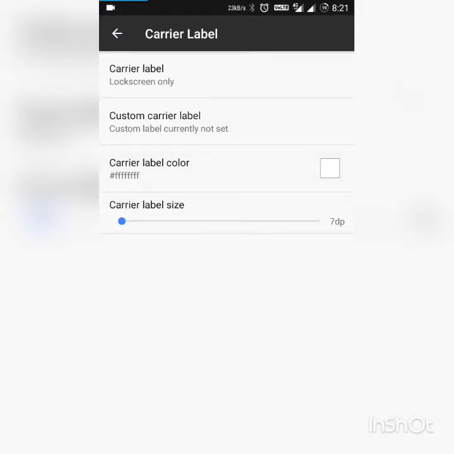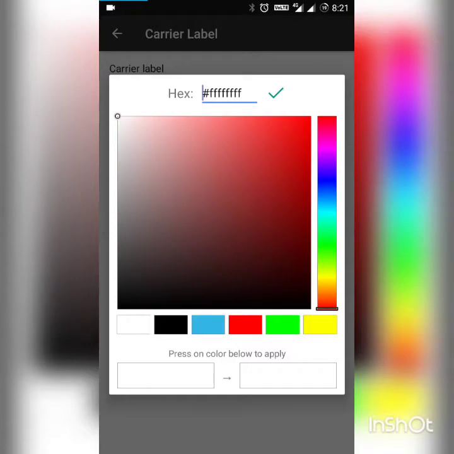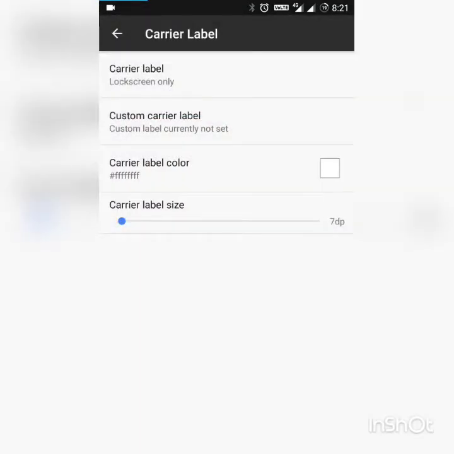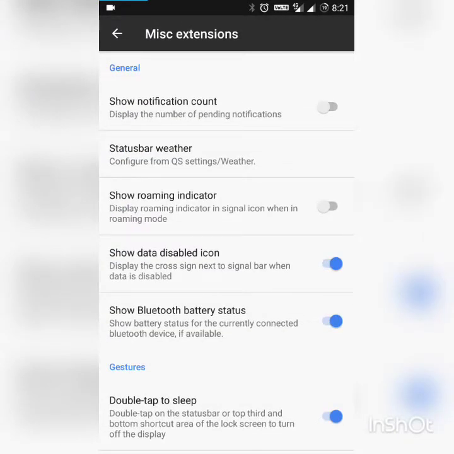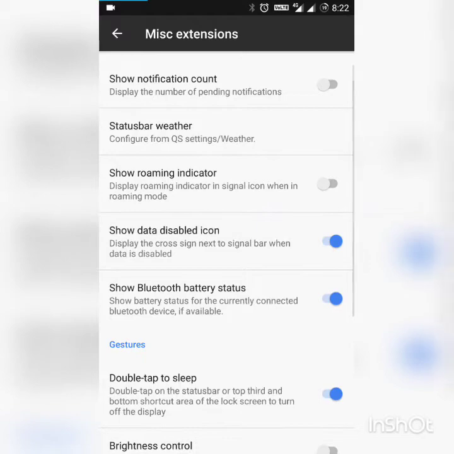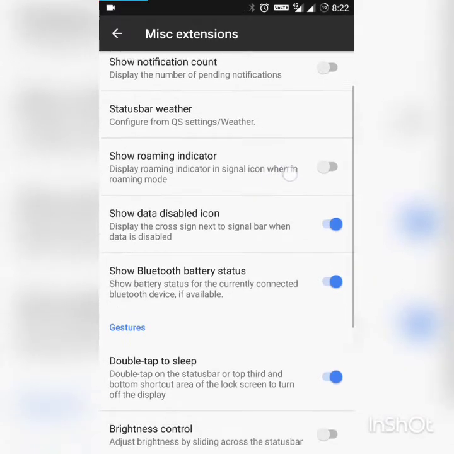And next is carrier label. This can be customized, like coloring and all, so you can select whatever color you want for this carrier label. I'm not much interested in changing those stuff. And MISC extension, here we can see a lot of